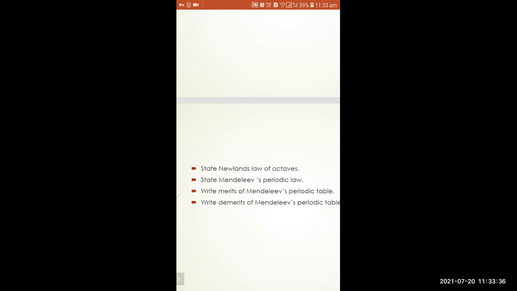So what is the meaning of that periodic function? Why do we use the word periodic? They are the periodic function of atomic masses. Ma'am, elements have similar properties that come again at some intervals, then we say that it's periodic. They are repeated. Yes. Okay, good. So therefore we call it periodic.